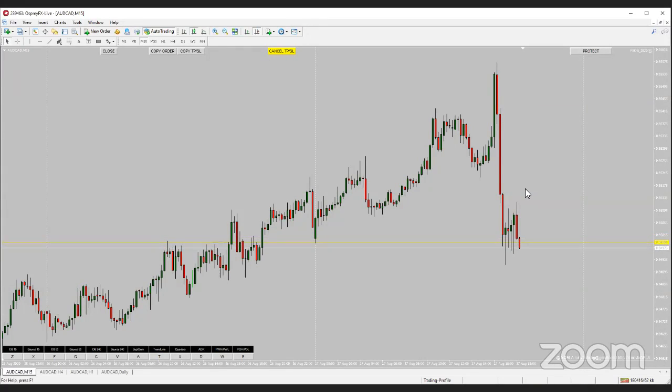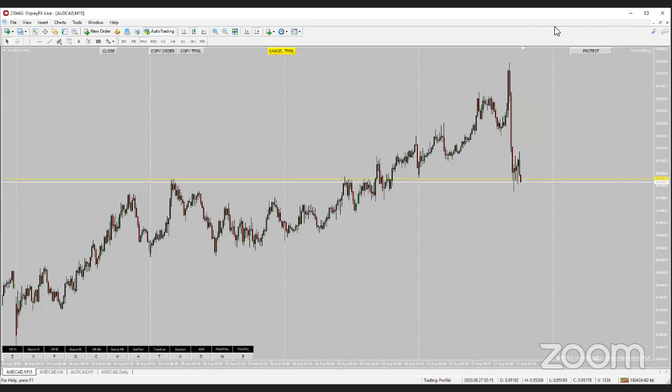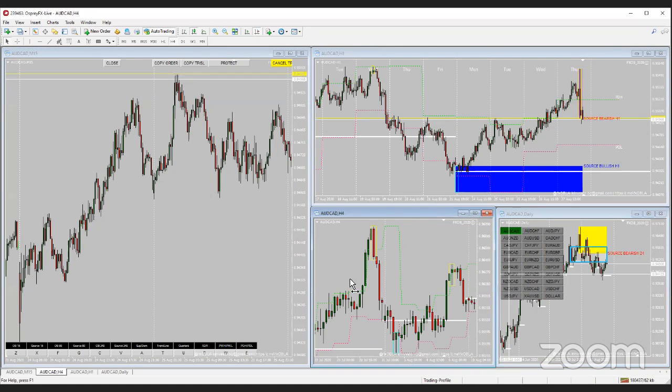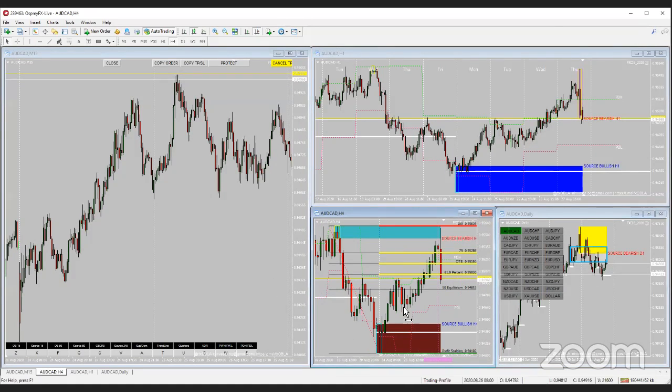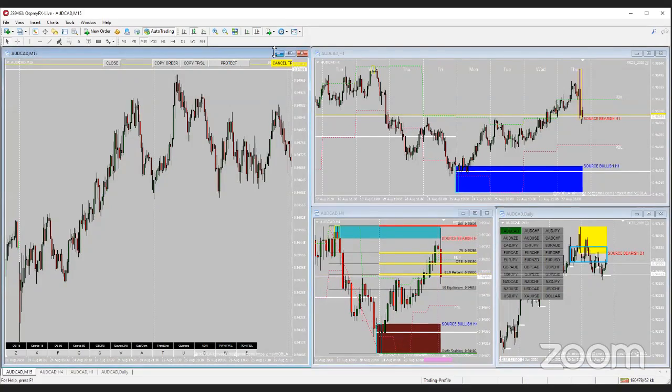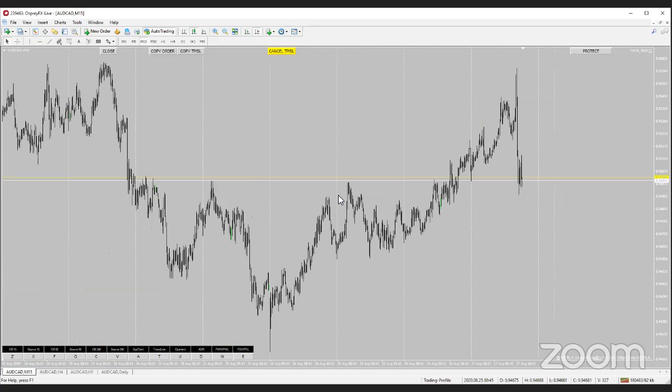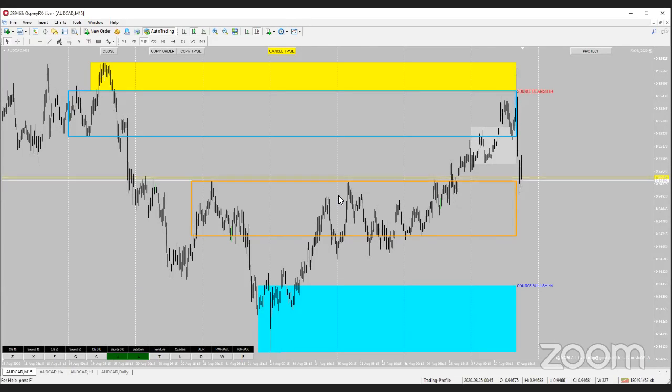Okay, so we know that this particular pair is in a daily bearish order flow. Let's check the order flow on a 4-hour. Here's the 4-hour, so we know that we're in a bullish order flow here. How far did the pair move from this H4 zone? I want to know how far the pair moved up in a market maker manner, meaning from that particular bullish source, how far did the pair move up? So here on the 15-minute,